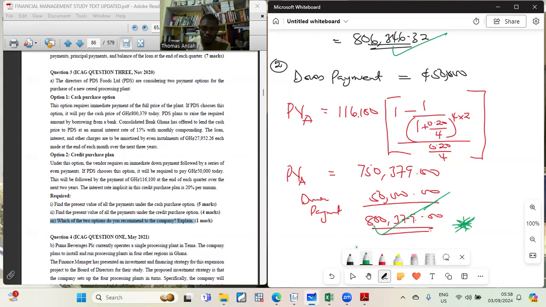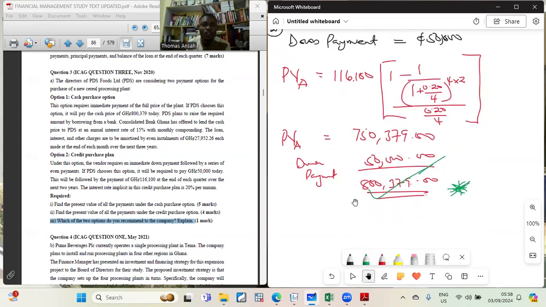Somebody asked me a question. Sir, if you are doing a question like this, how will you go about the C? Please, for me, if you haven't even done the A and B, just write, go for B. Or if you can write A or B, but you haven't solved the question. If you solve the question, that one will help you. But if you don't solve, don't lose this mark too. Just write B.